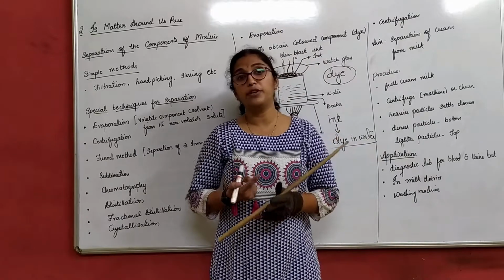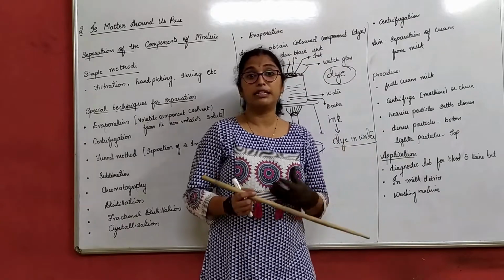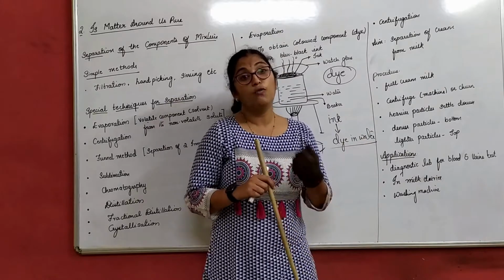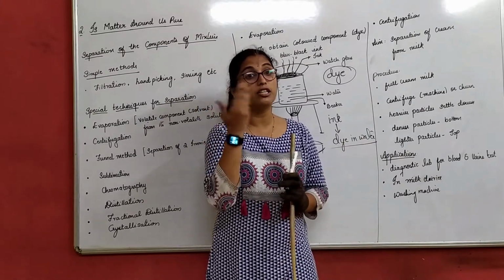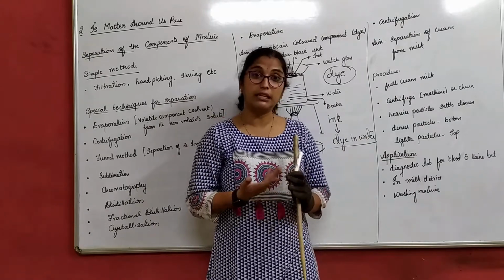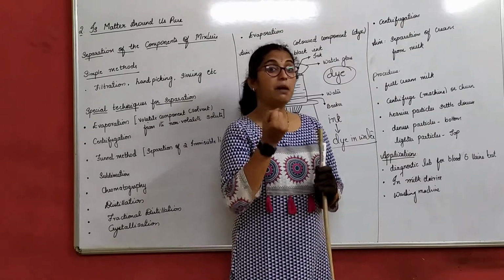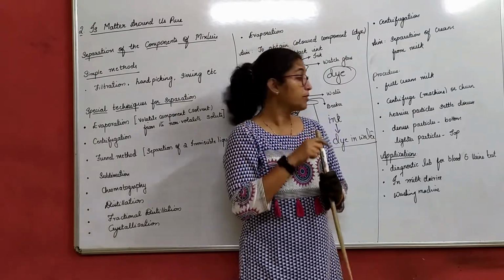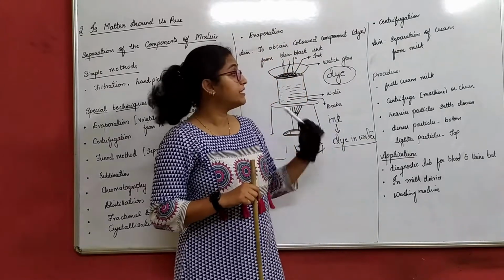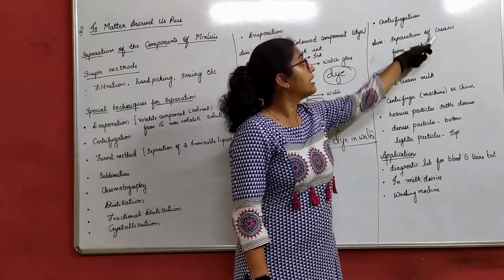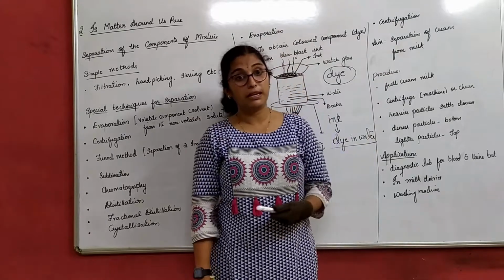When you are churning, we don't call it buttermilk, we call it full cream milk. When you start churning it, what do we get? We get butter on the top, where it is floating, and down below we have buttermilk, right? That means the heavier particle is at the bottom, and the lighter particle is at the top. So this is the method of centrifugation and how cream is separated from milk.